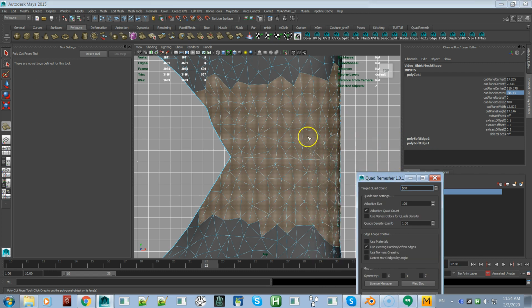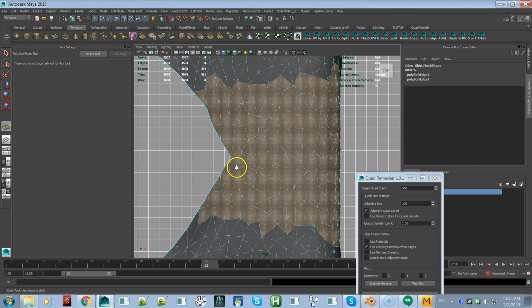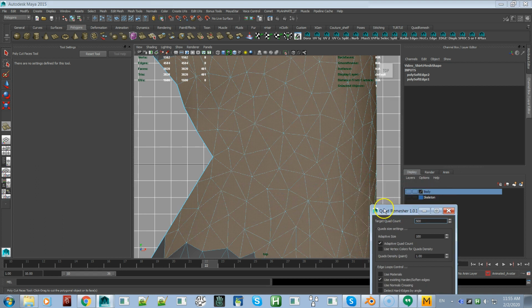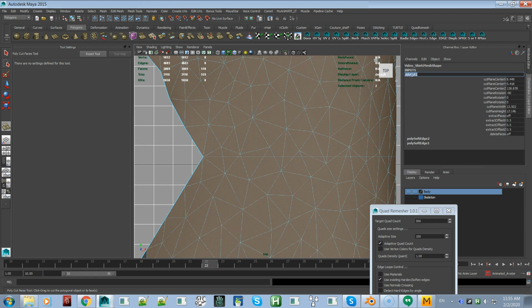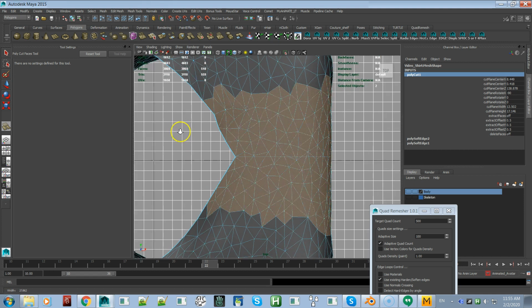Let's Control Z back. So that when you're in the orthographic view, because it's doing it from the camera's angle. So we did there, a little off. That's better. Okay, and yeah, see now that looks good. Okay, so we cut through there,